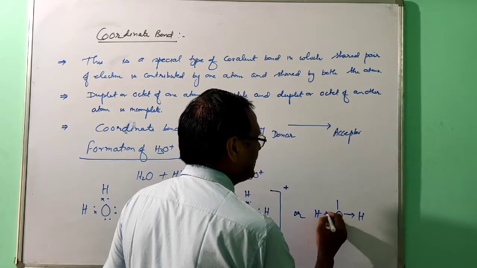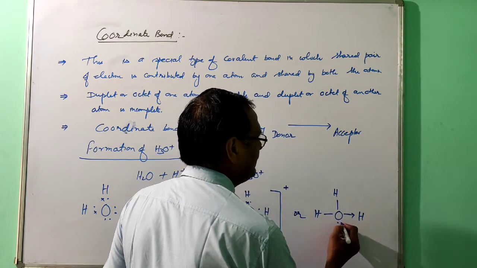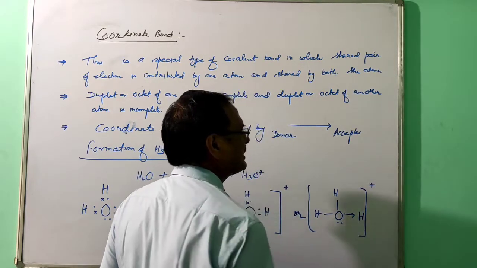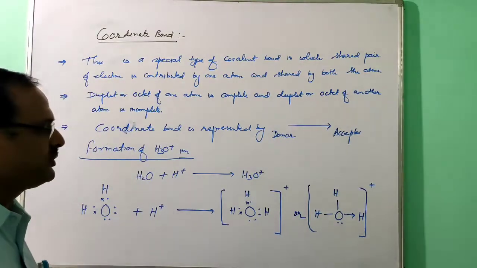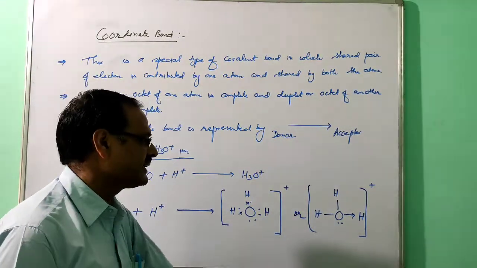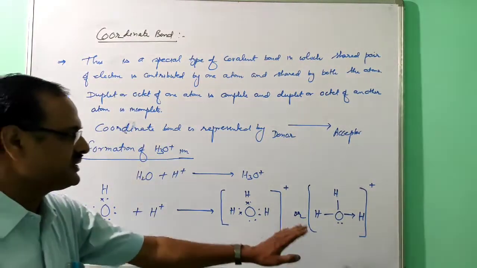And these two are the covalent bond. And then the lone pair of electrons and this positive charge. So this is the structure of the hydronium ion. If it is asked in the board paper, these two structures they are checking. If you draw these two structures, you will get the marks.